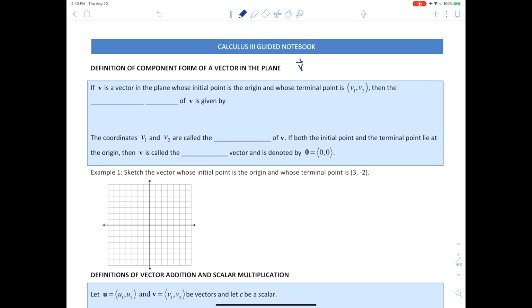Good. All right, so if v is a vector in the plane whose initial point is the origin and whose terminal point is (v1, v2), then the component form of v is given by this. Your author in this book uses this format. Now v1 and v2, and this is in R2, by the way, are real numbers. Now, your author uses these